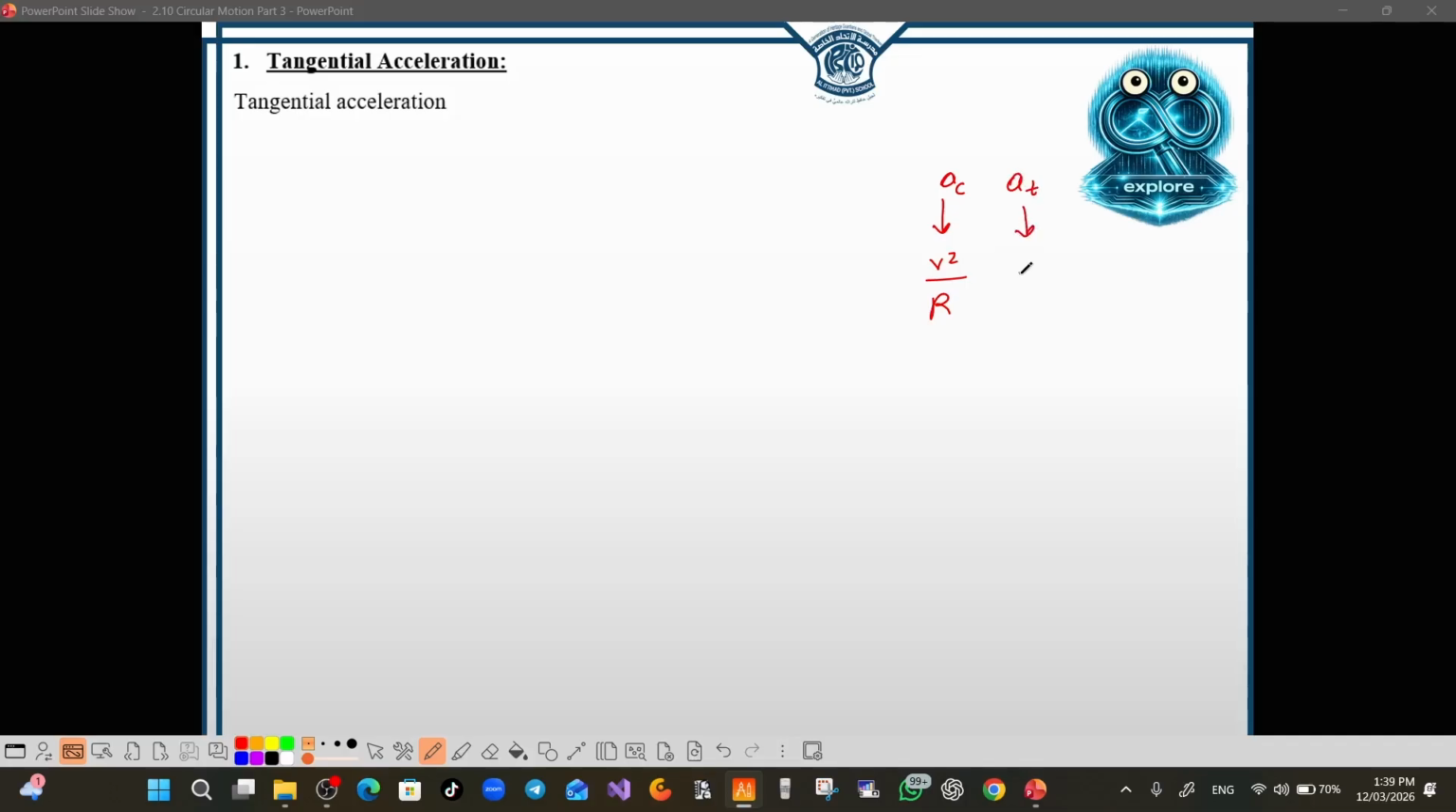And how can we find it? Actually, we have different ways to find it. For example, the tangential acceleration a_t is equal to r times alpha. And also we can use the kinematics equations in case the acceleration is constant. So if the tangential acceleration is constant,